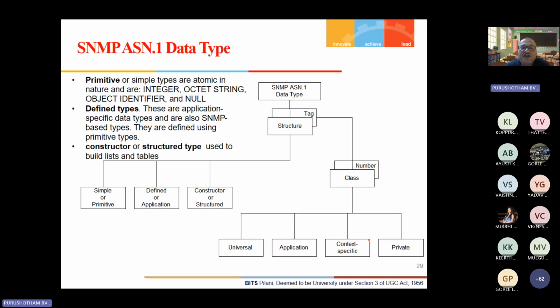So now the data types for SNMP have a structure followed by simple or private, defined or application, constructor or structured, followed by the number and the class. Again, the class could be universal or application, context specific, or private.